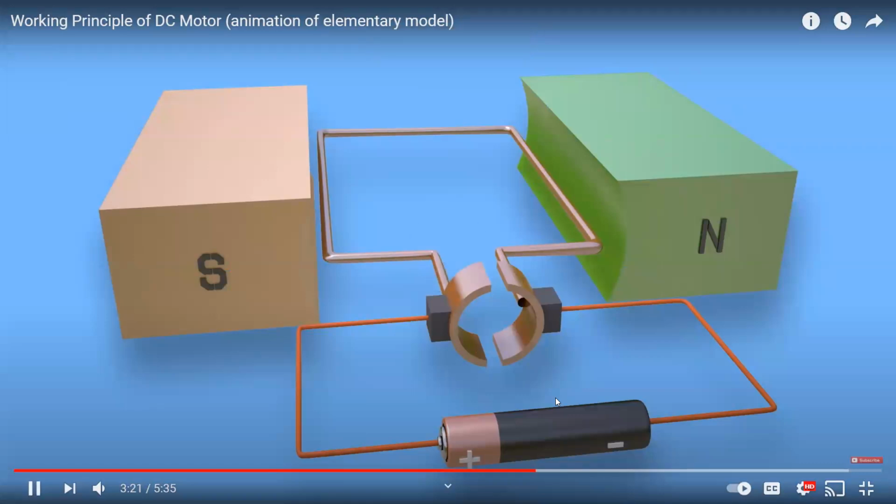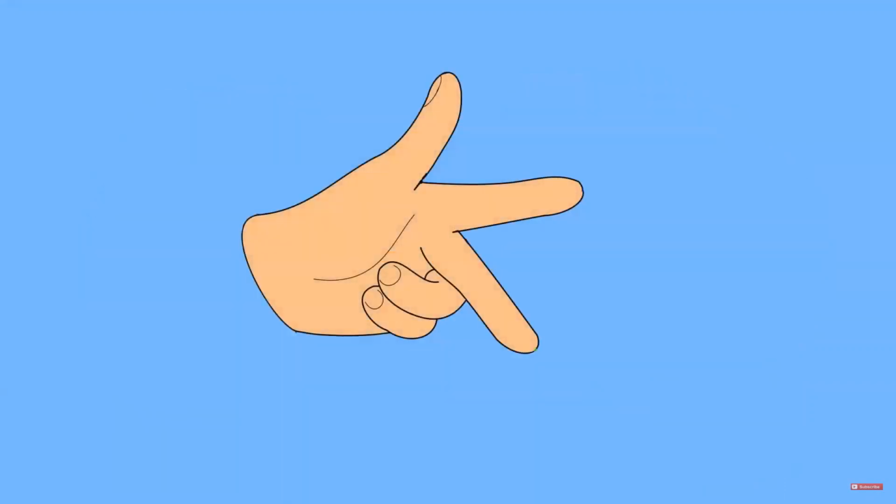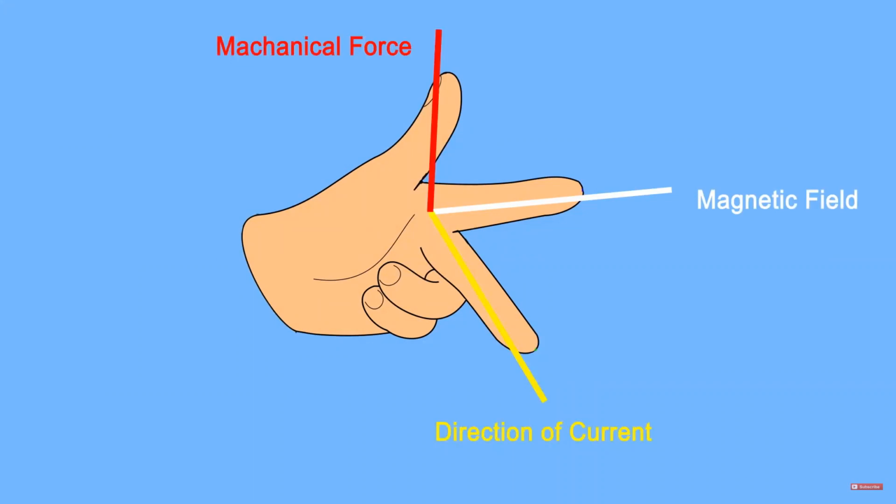The coil is horizontal again. The position of the conductor has been changed. That means the conductor which was previously in left position comes to right position, and which was previously in right position comes to left position. At that position, we can determine mechanical force by applying Fleming's left-hand rule. Let's do that. Spread out your left thumb, forefinger, and second finger so they are all at 90 degrees to one another.